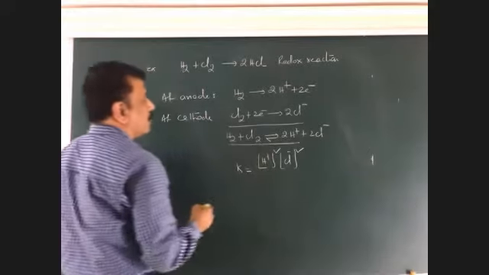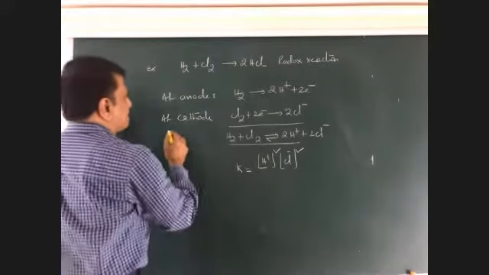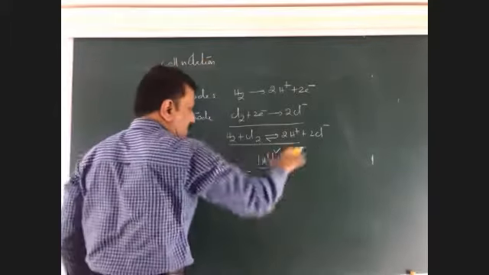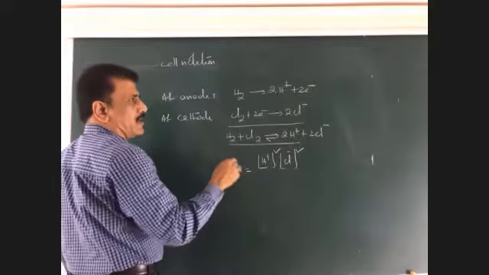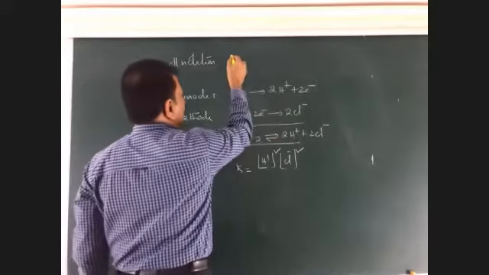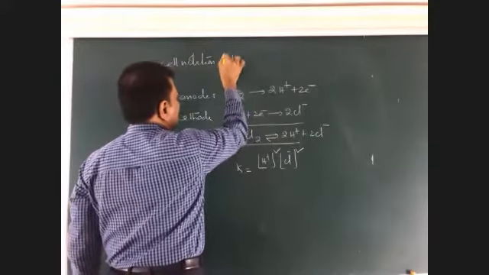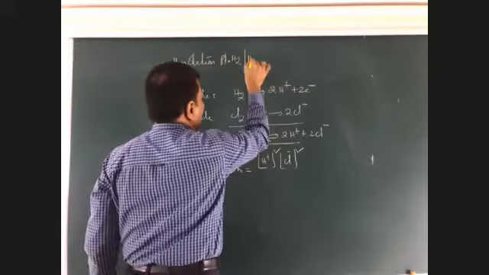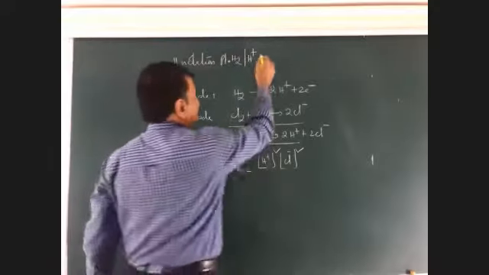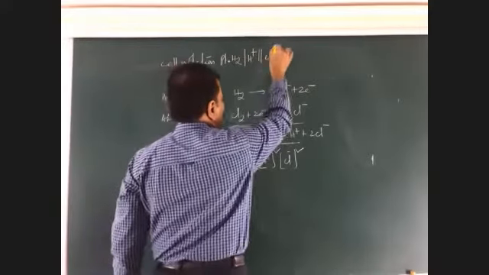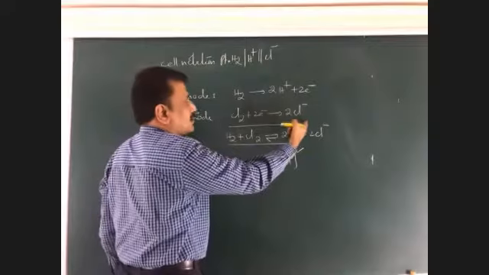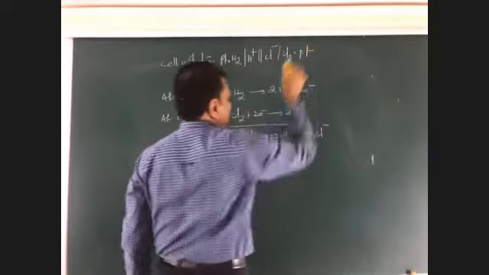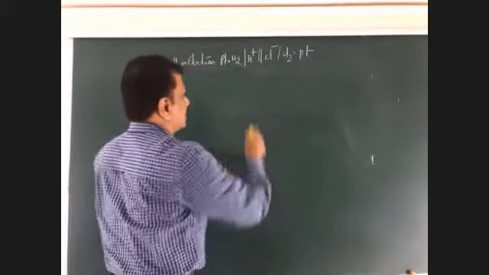This is the example. Now, the cell notation for this galvanic cell, or this voltaic cell, will be like this. Hydrogen with the platinum, because the anode is always written on the left side, then H plus ion, and salt bridge, then Cl minus ion, because chlorine is dipped in salt solution, and Cl2 with platinum. This is the representation. This is called cell notation.